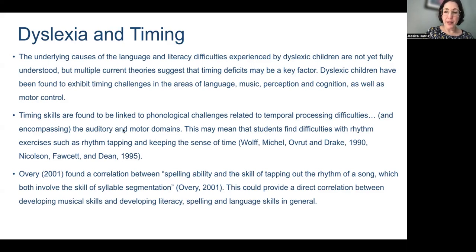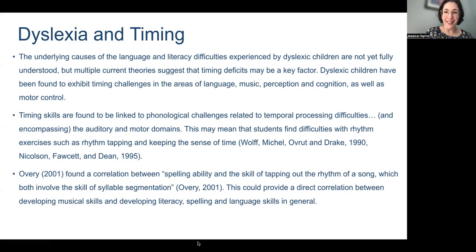This may mean that students find difficulties with rhythm exercises such as rhythm tapping and keeping the sense of time. And this is from Wolf, Michel, Overroot, and Drake in 1990, and Nicholson, Fawcett, and Dean in 1995. Overy in 2001 found a correlation between spelling ability and the skill of tapping out the rhythm of a song, which both involve the skill of syllable segmentation, breaking down the syllables in a word. And this could provide a direct correlation between developing musical skills and developing literacy, spelling, and language skills in general,